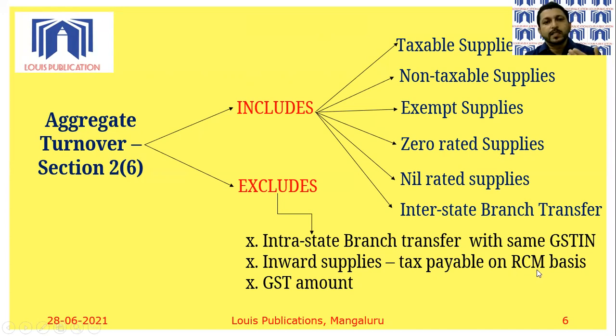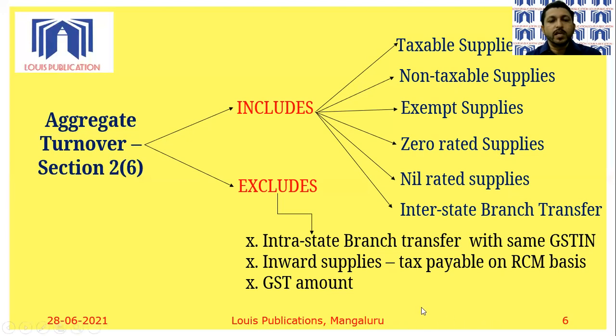So if the business has an inward supply from unregistered dealers who are not registered under GST, as I mentioned earlier, the recipient himself will have to deposit the GST with the government, depending upon whether it is an intrastate or interstate transaction. But since it's an inward supply, it cannot be included in the meaning of turnover. Turnover in basic understanding means sales. Here we are talking about inward supply, that means purchases. So it is not included as far as aggregate turnover is concerned.